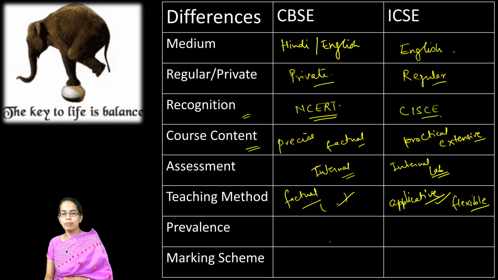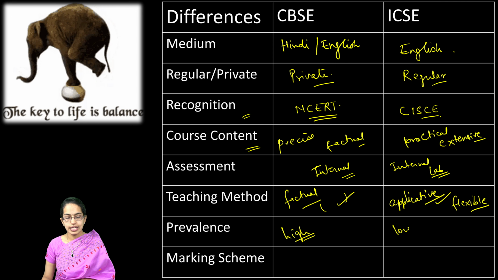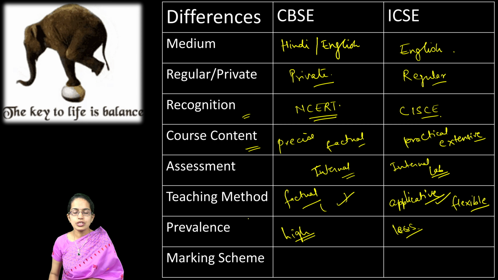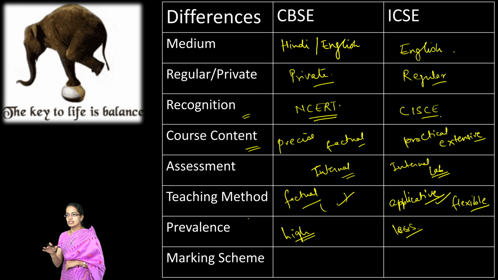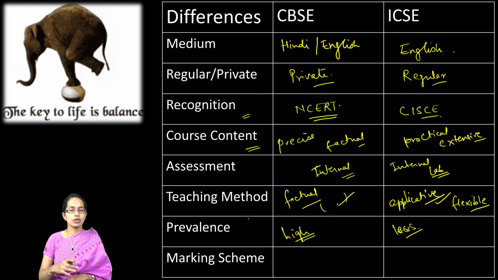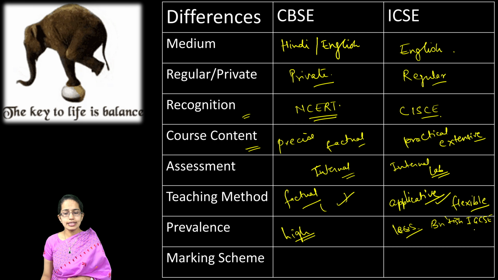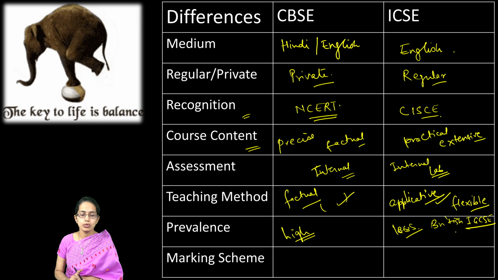10th. Now, prevalence. This is a good question indeed. You have very high prevalence for the CBSE board. In contrast to that, ICSE boards are comparatively less in number. How did this all start? CBSE is one of the major boards across the country following an NCERT curriculum. However, ICSE is an Indian version of the British IGCSE board, and